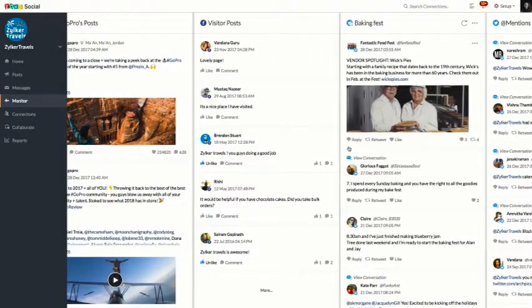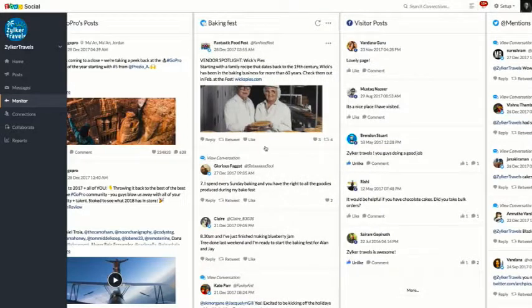Also, reordering will not change the view for all the social users. It only affects your view. So when I drag and drop, it changes only for me. So this way you can monitor a lot of things relevant to you and your industry by adding various kinds